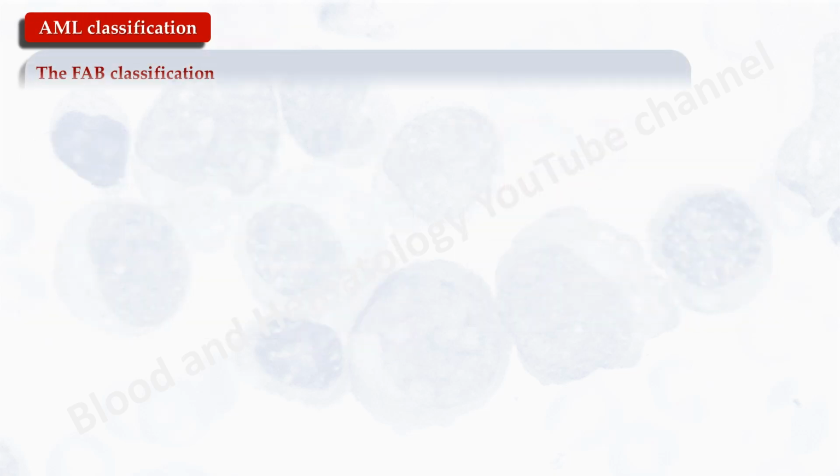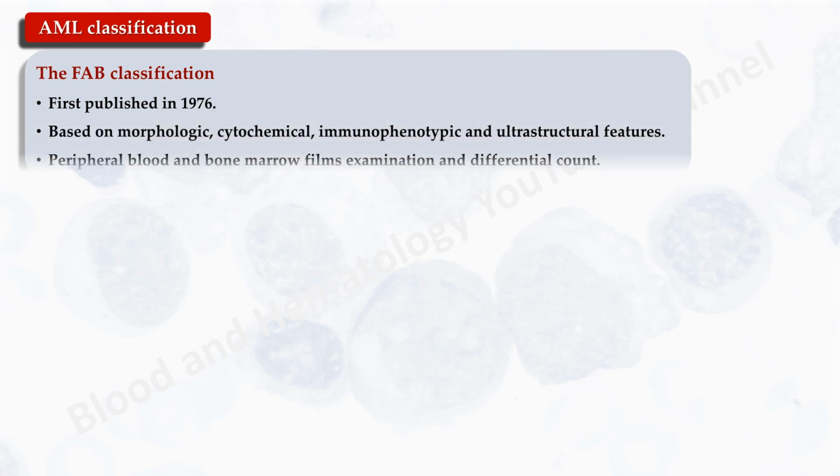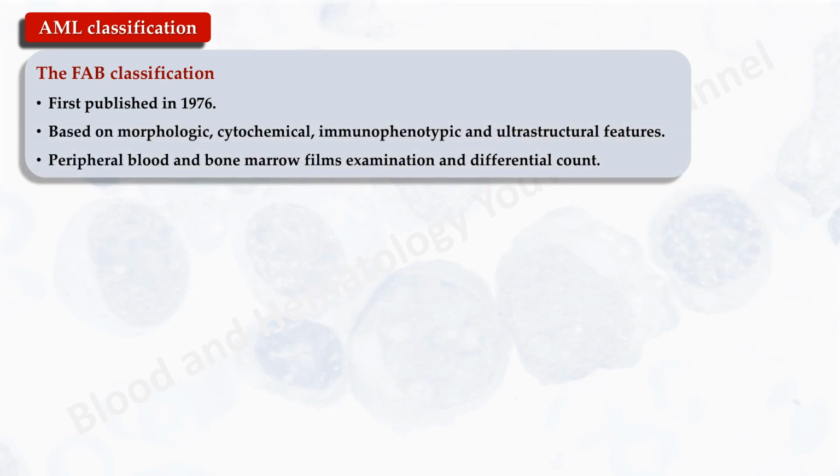The FAB classification of acute leukemia was first published in 1976 and was subsequently expanded, modified, and clarified. The FAB classification includes a number of AML subtypes based on morphologic, cytochemical, immunophenotypic, and ultrastructural features. The FAB classification requires that peripheral blood and bone marrow films be examined, and that differential counts be performed on